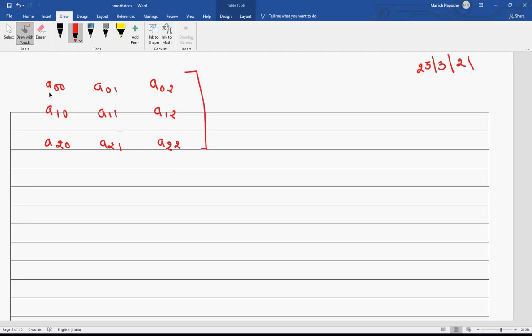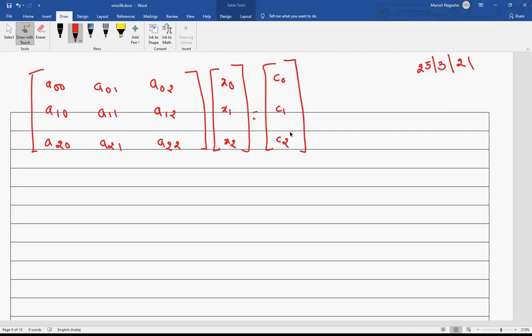So this is my coefficient matrix, and I have the variable matrix x0, x1, x2, and then I'll be having c0, c1, c2. This is my constant matrix.